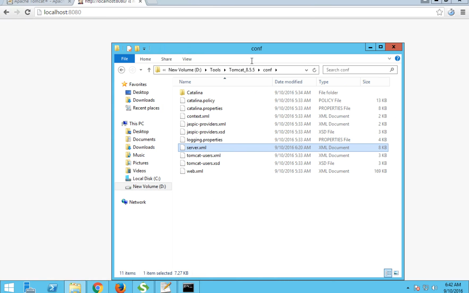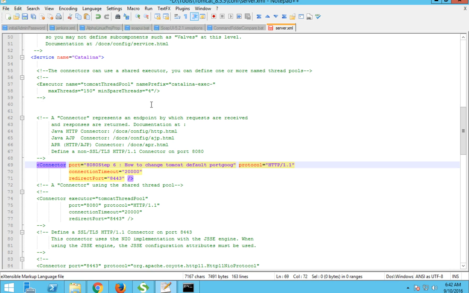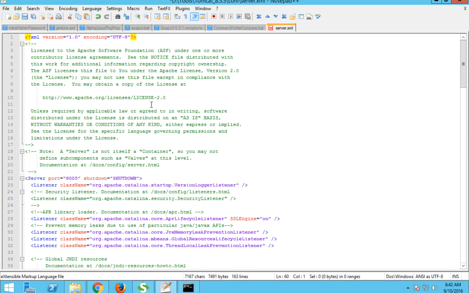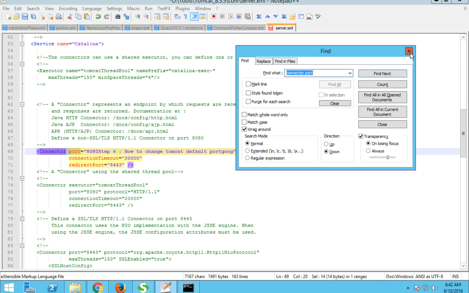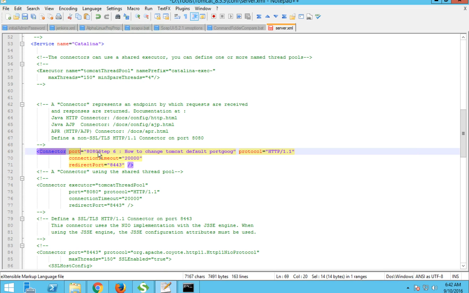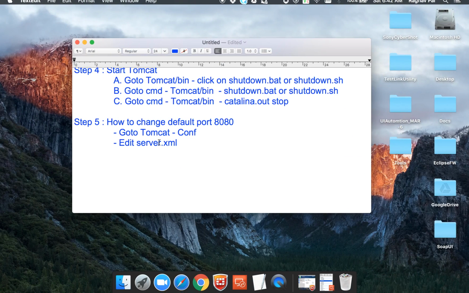I'm opening it in Notepad, and you can search for connector port. The connector port here should be something like this. It will be 8080. I am changing it to 9090 and I will save it, right?